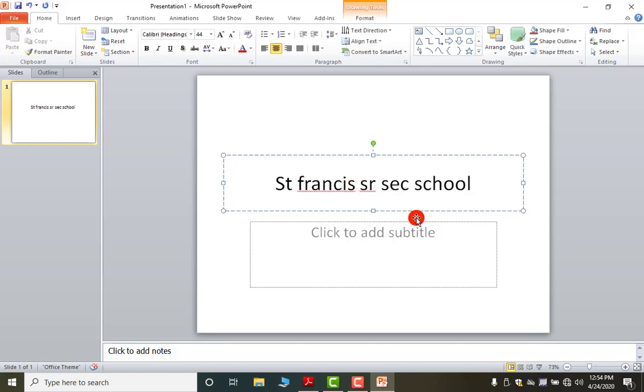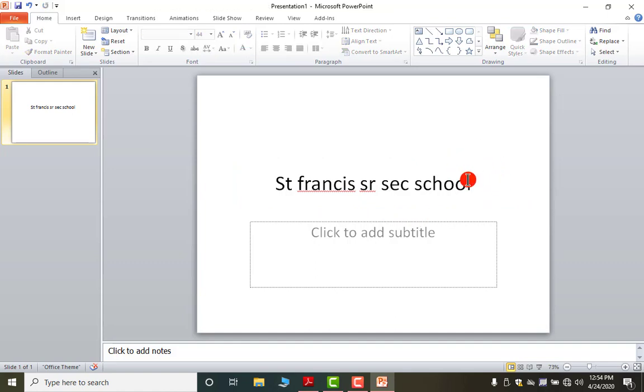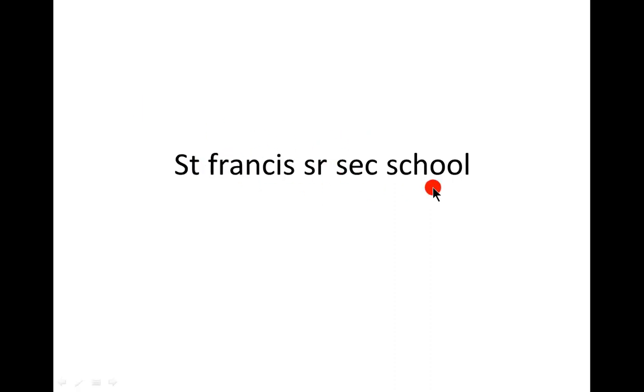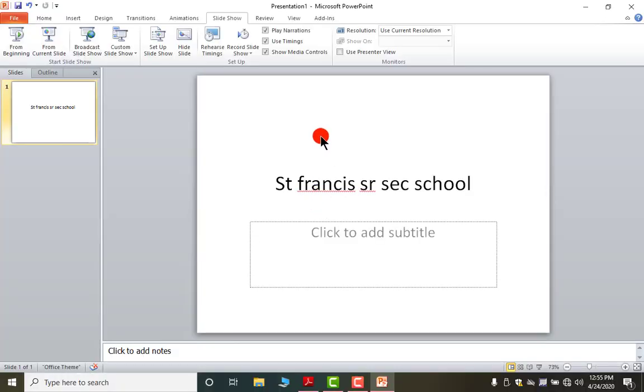Now the main thing is how to show this full screen, or how to show the slideshow, so that this slide will appear properly to the audience. You have to click on the slideshow button, and then click on From Beginning. As I do this, this text appears simply in front of me without any motion. Now we can apply the animation effect. For that, we have to go back to the simple view. I am pressing the Escape key on the keyboard, and by this I will be on the MS PowerPoint window again.